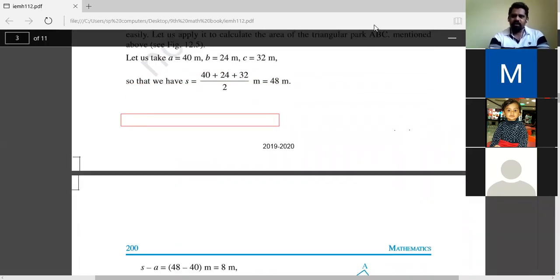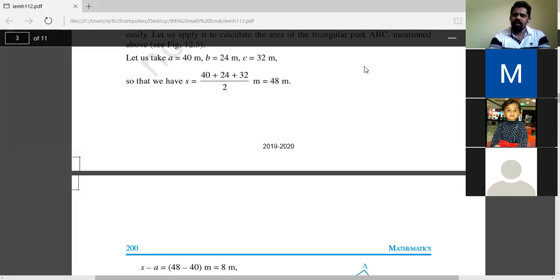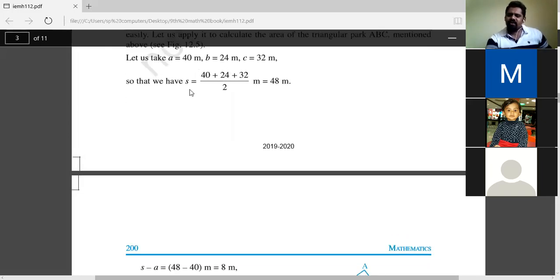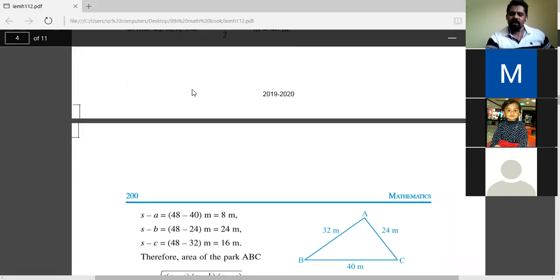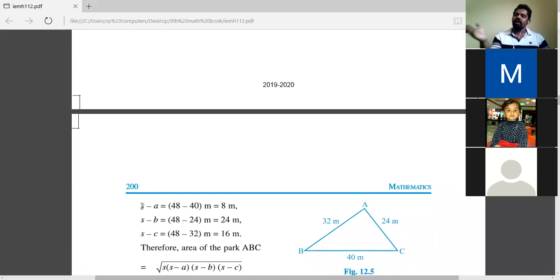See here. What next is to be done after this? We got the semi-perimeter. Is it the end? We should use Heron's formula. Using that semi-perimeter, we will find the area of the triangle. He has done it separately, which is the best way to solve the problem. If not, you can directly put the values in the square root and solve. That's not wrong. And if you do it separately, all the values, and then put them in the square root and multiply, that will also be easy.